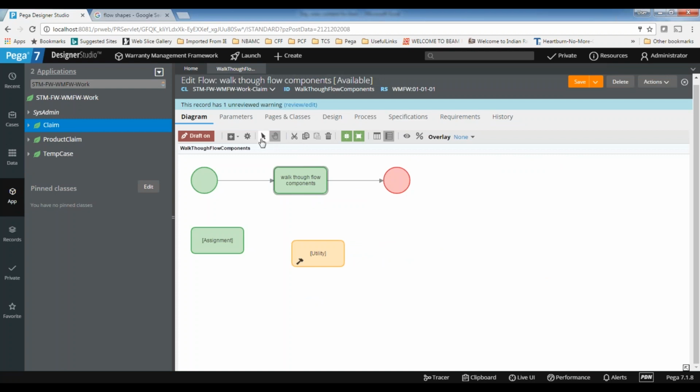And there is select mode and pan mode. What is the difference between them? Let's first discuss pan mode. In complex scenarios, we may use many shapes. At least in Pega 5 and Pega 6 versions, people used to have nearly 20 to 25 shapes.